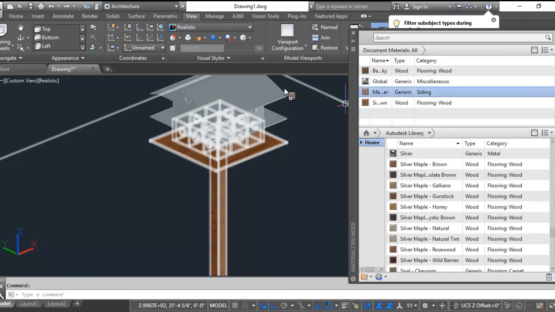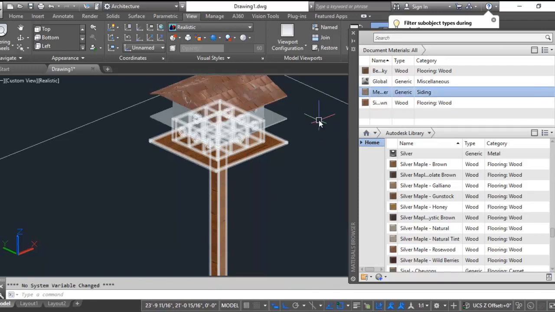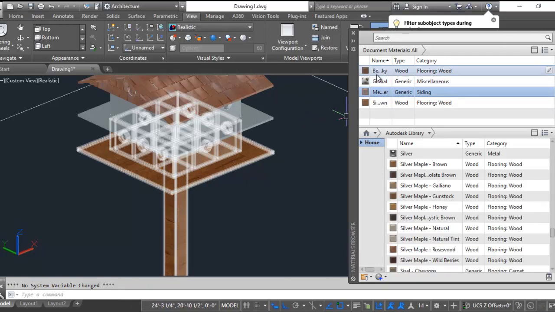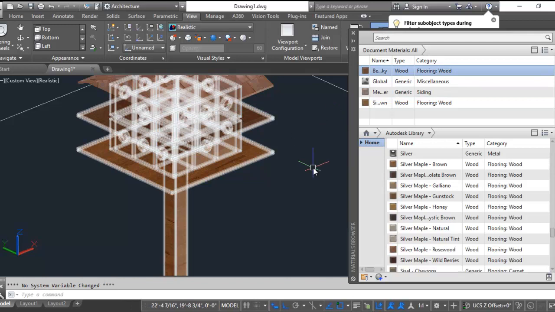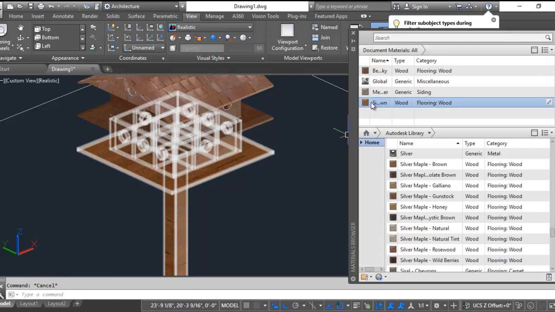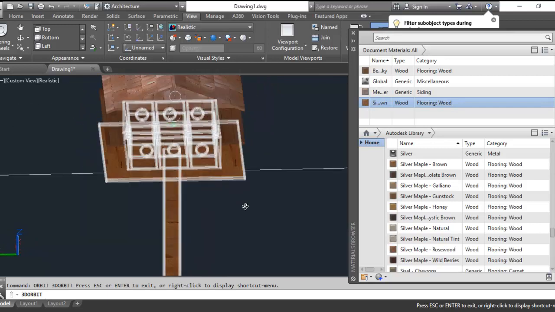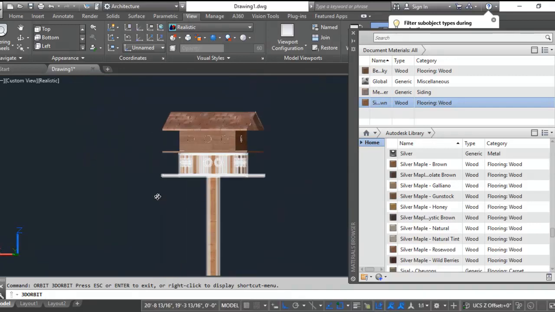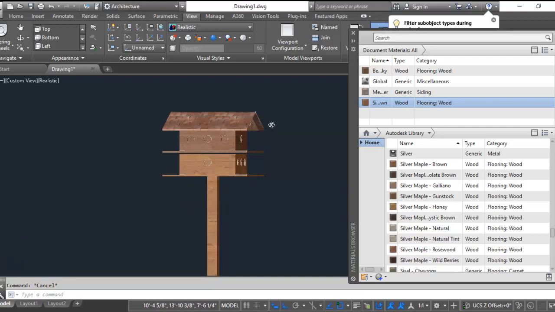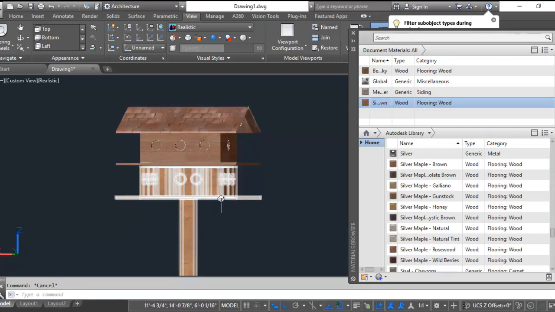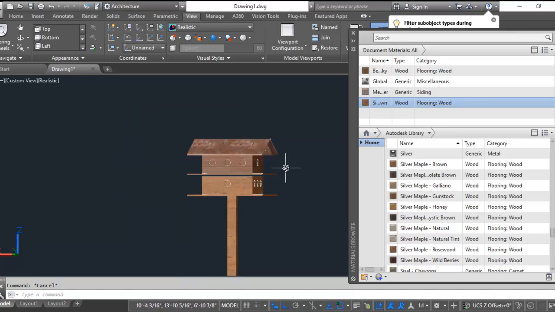This was the copper, that was the roof. So copper roof, looks kind of cool. And then we had, I guess I didn't have, yeah I did, this is our beechwood up here. There's our beechwood for the second floor. Alright, so if I orbit around a little bit, there we go. You'll see we have a different color wood for the first floor, second floor, and then a